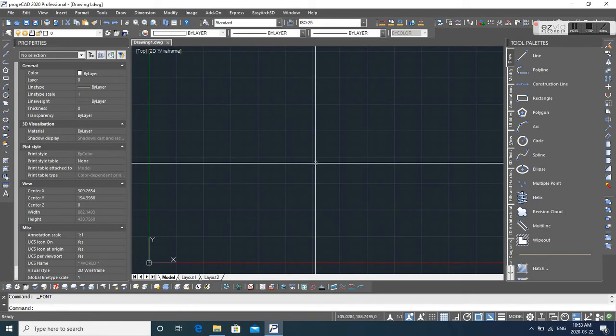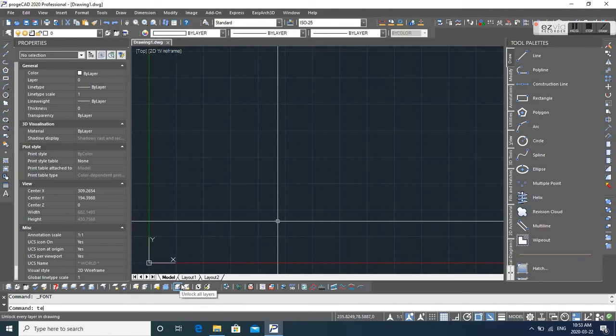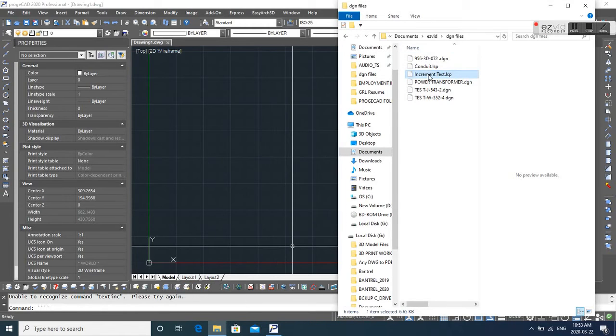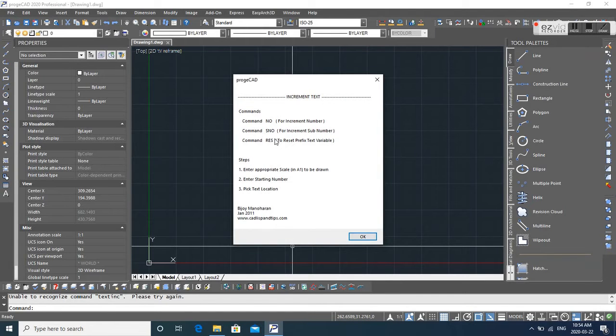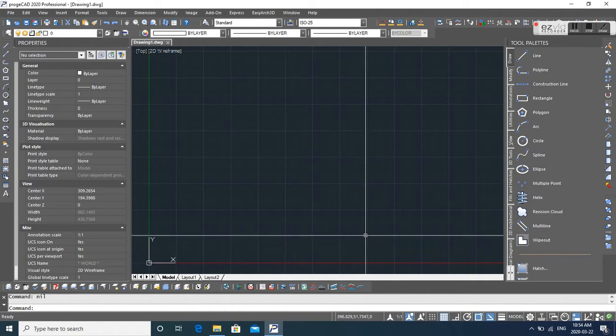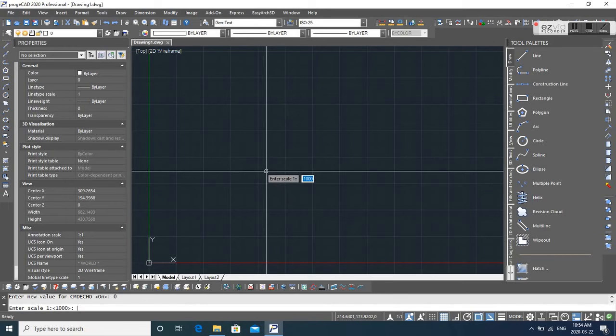Usually this text increment LSP by BJoy, there is a table that shows in the AutoCAD where I previously opened this one in 2016. But here I can't find any table. How come? I don't know. The good thing about the table, you can increment the prefix, the numbers, and the suffix. But here,